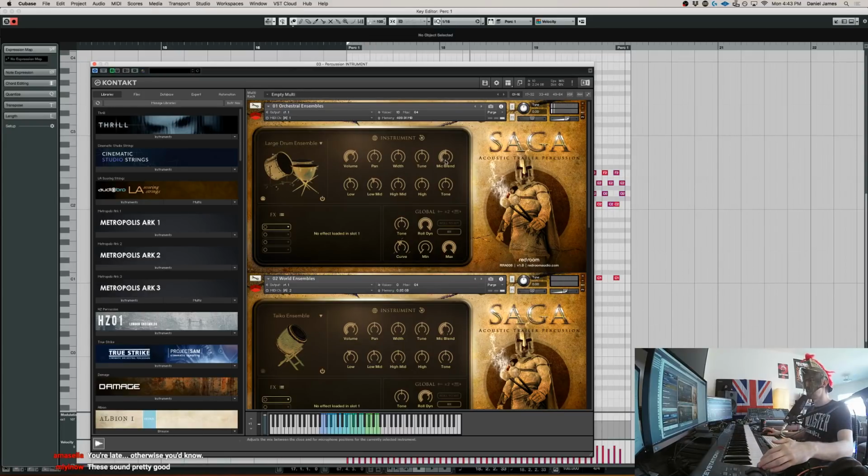The reason I was doing that is because they have a mic blend button. So if I pull it all the way down here, that's just clean. If we turn it all the other way,